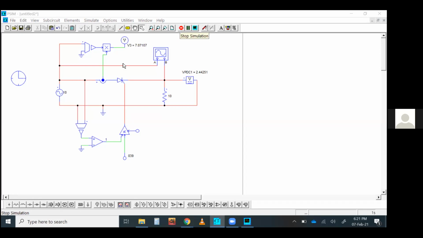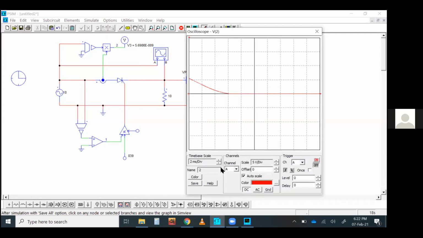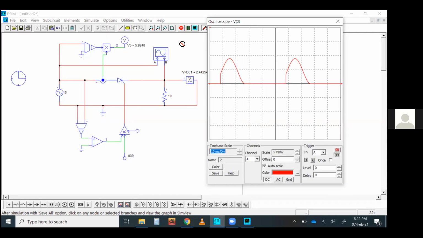What does it do? So that's the instantaneous power. It's not the RMS power. You can see it's the instantaneous power. If you want to visualize the power, how does it look like? Simply put it here. Oh, that's nice. So the power actually looks like this.